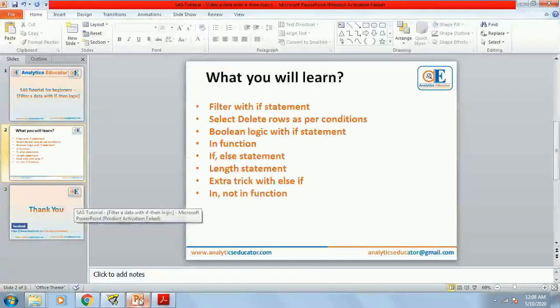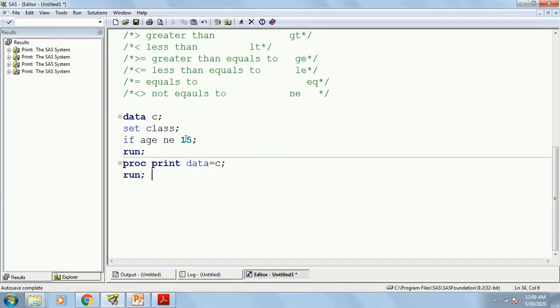Alright, next part we see, Boolean. Here I am presenting only a single condition, but I can do that with multiple conditions. For example, I want all the people whose age is maybe less than 14, as well as they need to be female. Both the conditions need to be true. That means we need to put an AND condition.